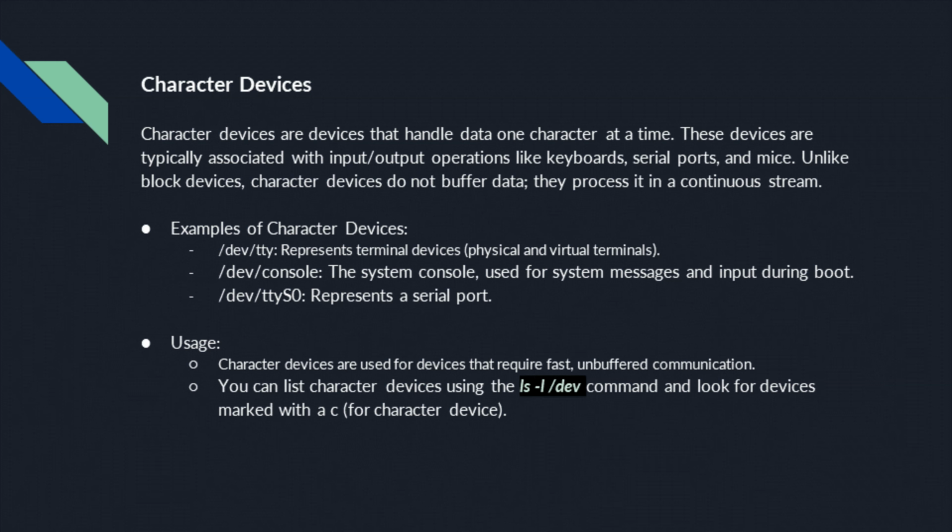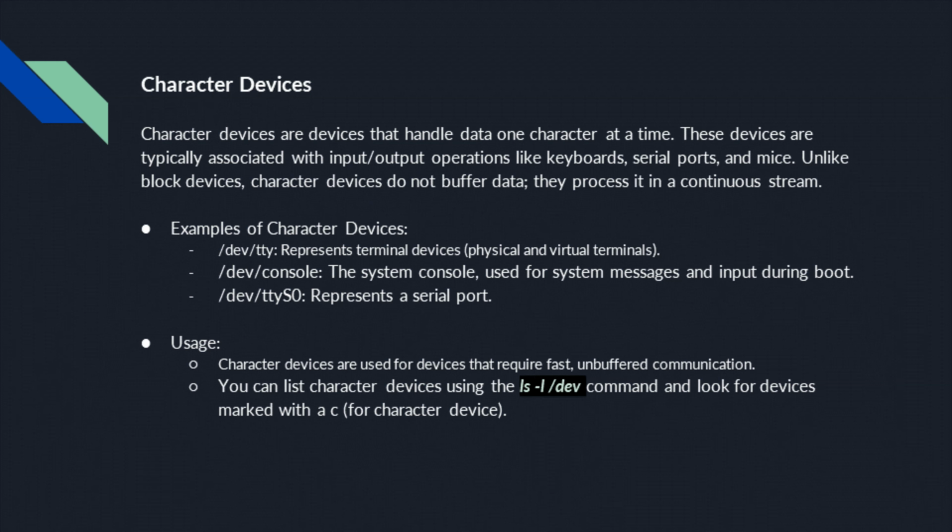Character devices. Character devices are devices that handle data one character at a time. These devices are typically associated with input-output operations like keyboards, serial ports, and mice. Unlike block devices, character devices do not buffer data. They process it in a continuous stream. Examples of character devices: